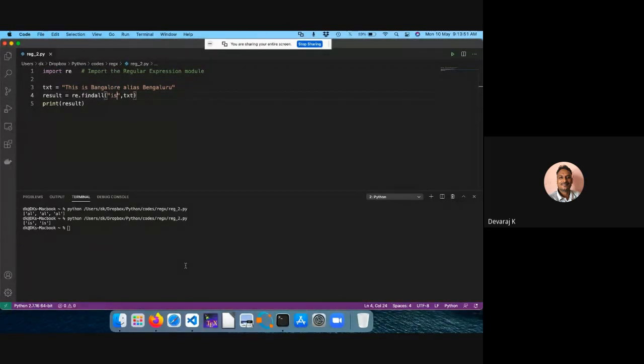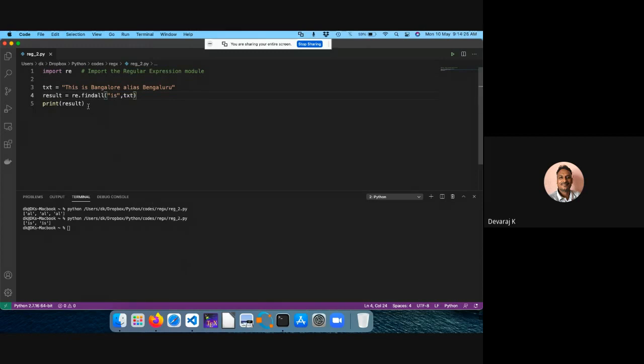The search function, what does it do actually? As I told, the search function searches a string for a particular match and returns the match if there is one. So I do have the search function, the match function, and the find all. Majority of the time we'll use the find all function, because it gives all the matches as output. Now we'll try to use the search function and get an output.